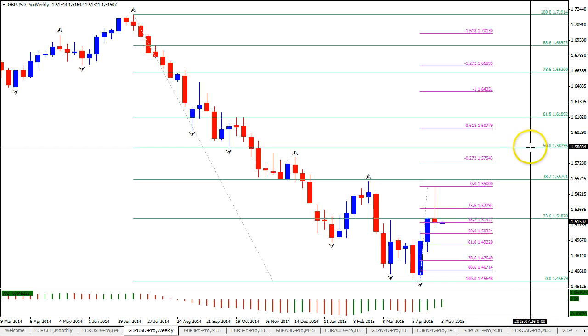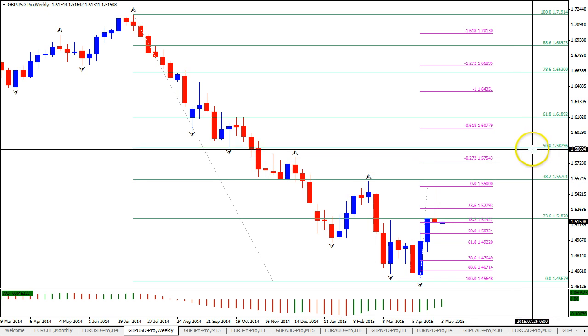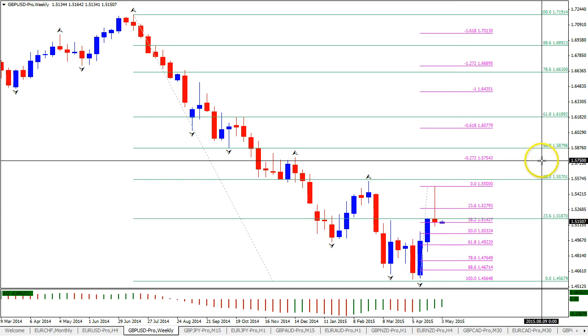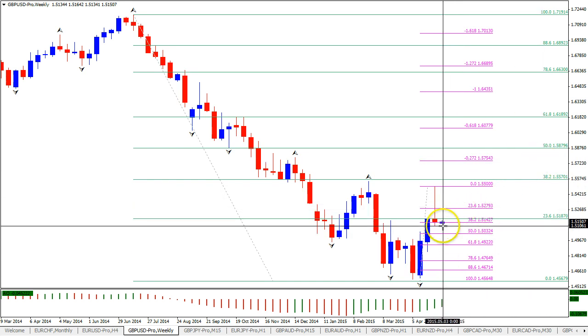Or even the 50 fib, right? Like 158.80. So those are the main things to keep an eye on. But before we move up with the pound dollar, I do think some downside could happen, because if you look